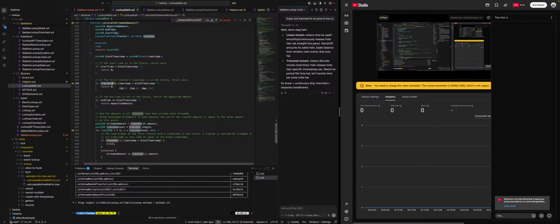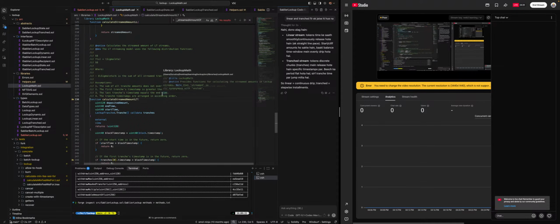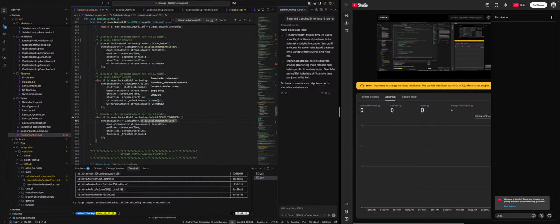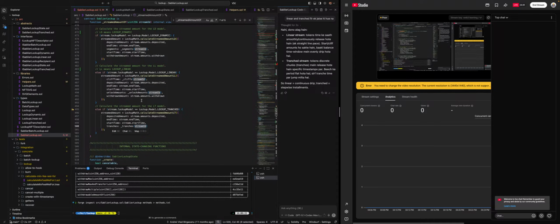If tranche is, which is abstract, okay, wait a second. So we are being passed tranches here, right? Tranches is basically the stream ID. So we are fetching the